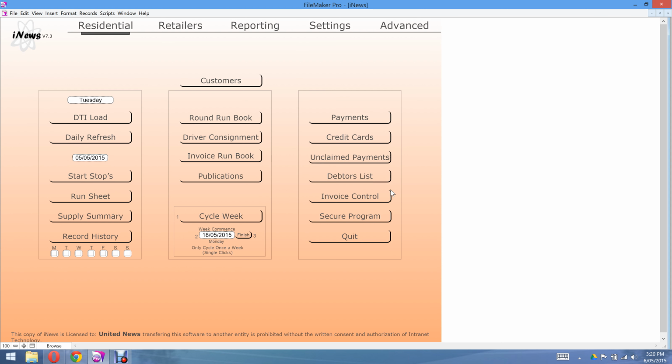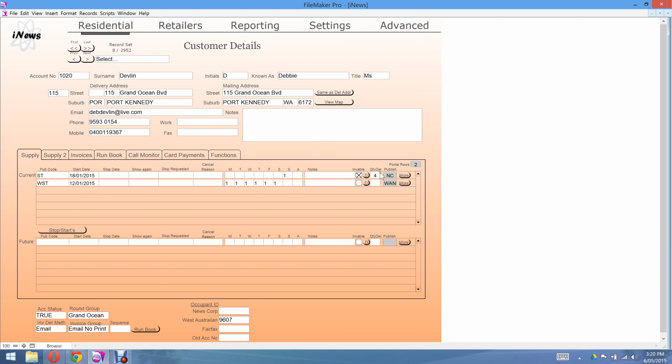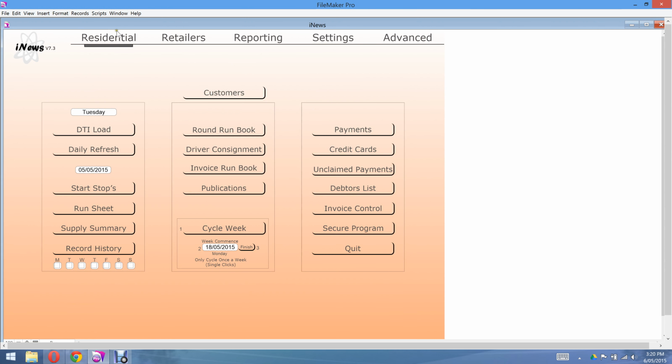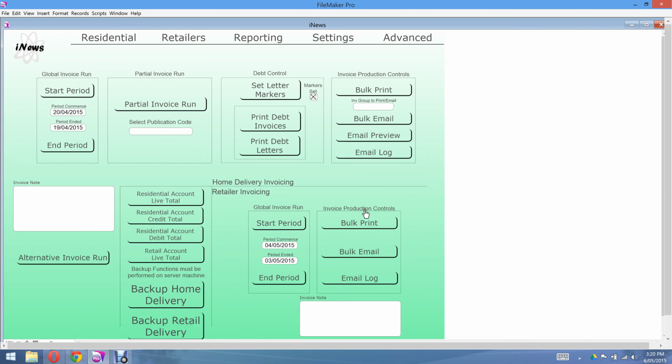And I can double check how many weeks I have cycled by going into the customer's account and looking at the quantity delivered. So we've got 4 for a weekend paper, which is correct. So now that we have our full 4 weeks cycled, we will proceed to the invoice control section of the